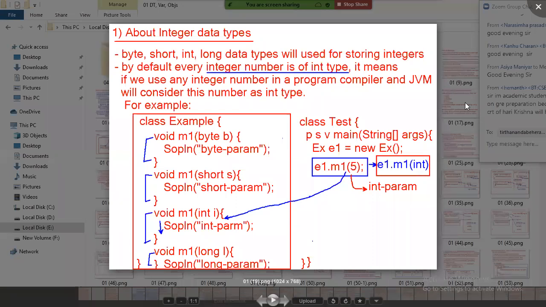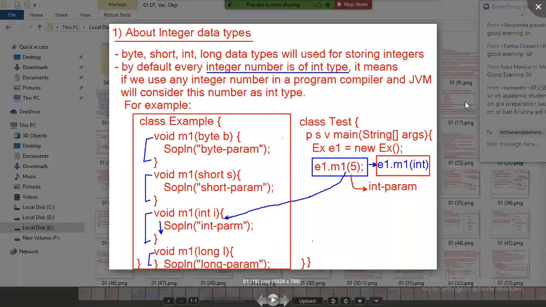When there are multiple people, there will be a leader. A cricket team is a group of 11 people. For taking decisions, taking credit, taking blame, all 11 people are not involved. These 11 people have one common person, a default person to talk to. He's called the captain, right? So to take proper decisions, we need a captain among the group. Who is that captain? Among the byte, short, int, long data types, the captain is int. That means every integer number is by default considered as int type.